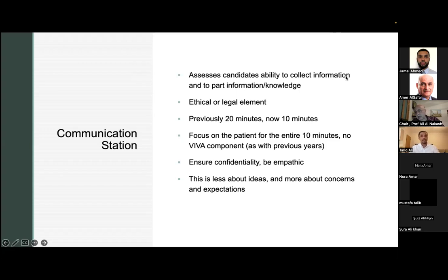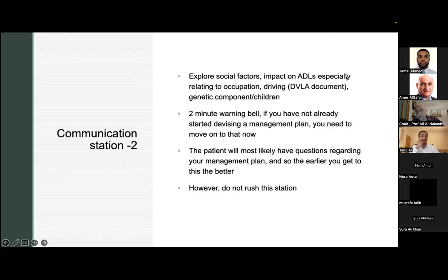So one thing that I would particularly recommend, if you move on to the next slide, is looking at the patient's social factors, the ADLs, what's important to the patient. I know from my experience that things that came up were things like driving. This was a patient who had a heart condition that wanted to know particular detail about driving. This isn't something that you can pluck out of thin air. This is a very narrow line between you saying something that's incorrect or lying, and that will be an automatic fail. You need to either read up on the DVLA or know how to access it.